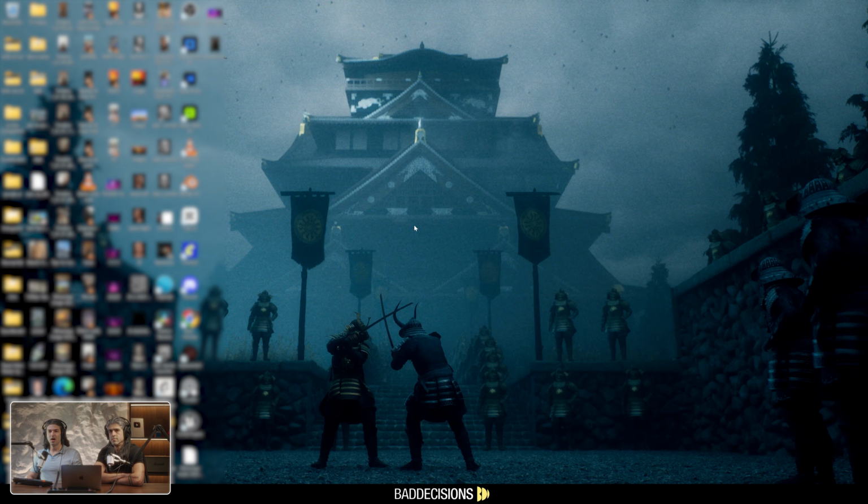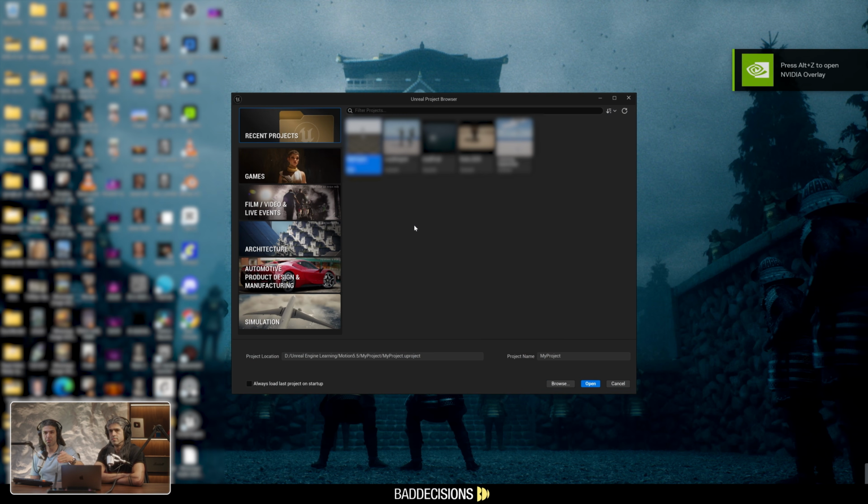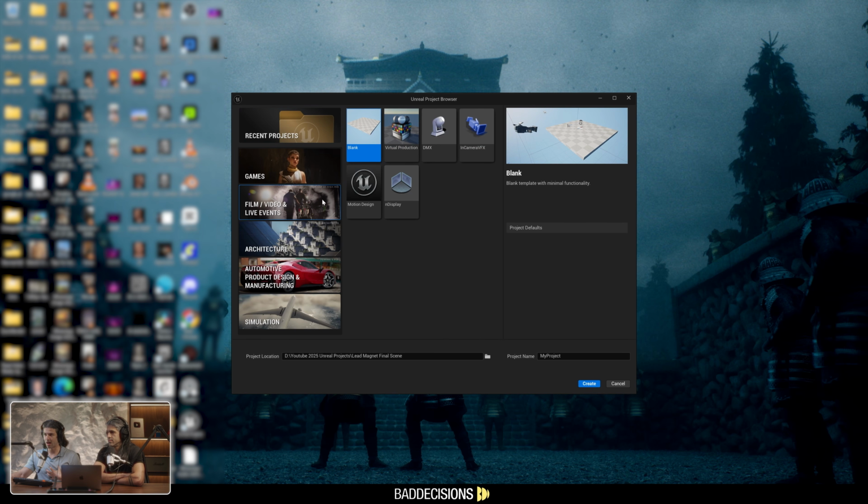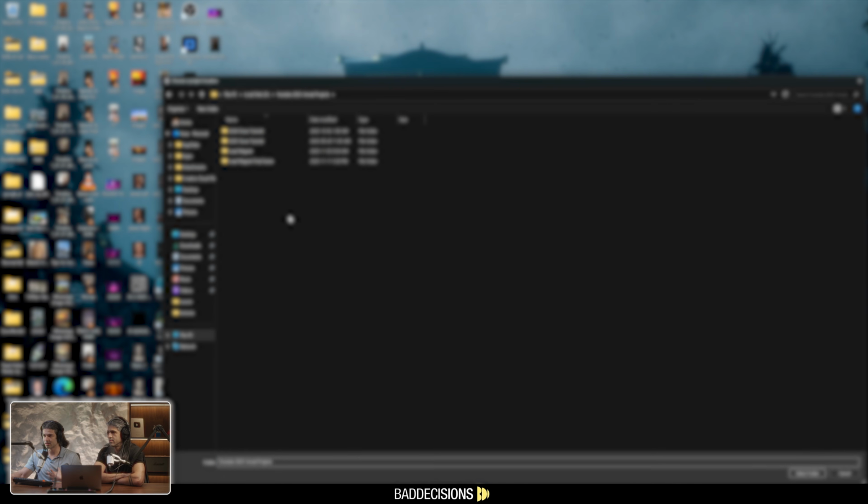Once it is done, you're going to be able to choose from the presets that are available. Now, Unreal Engine is used in multiple different industries: game dev, film, architecture, automotive, and etc. So it comes with a bunch of presets. For us, we're going to use the film, video, and live events, and we're going to use a blank project. Go ahead and find your desired location. So for us, it's going to be here